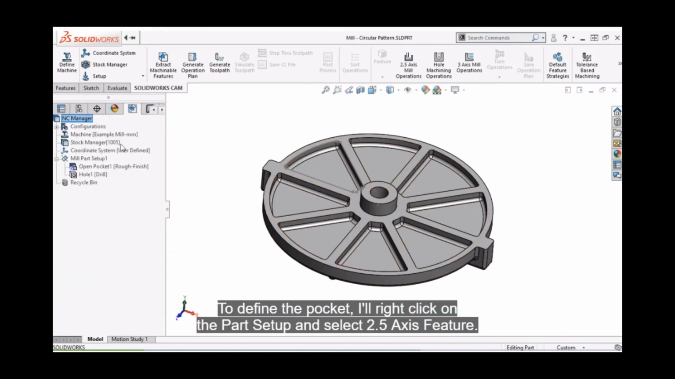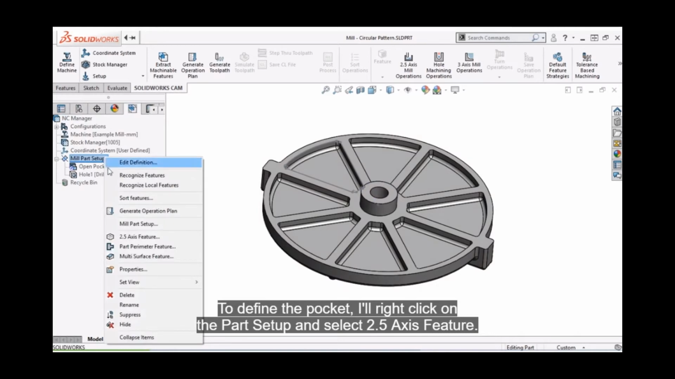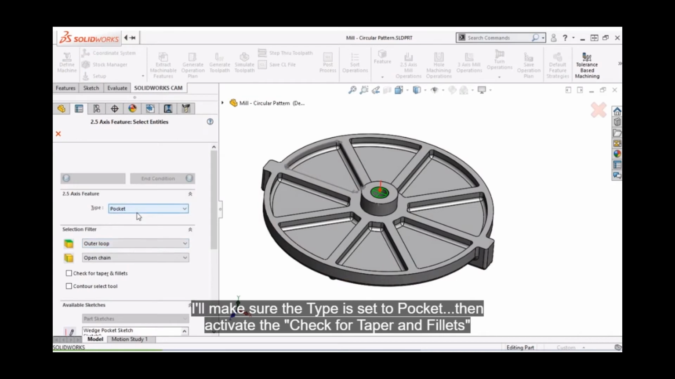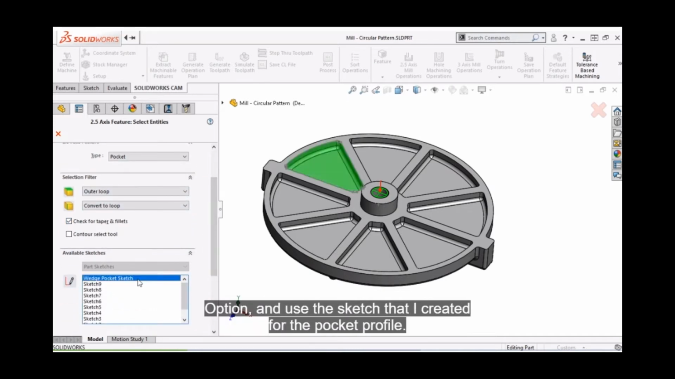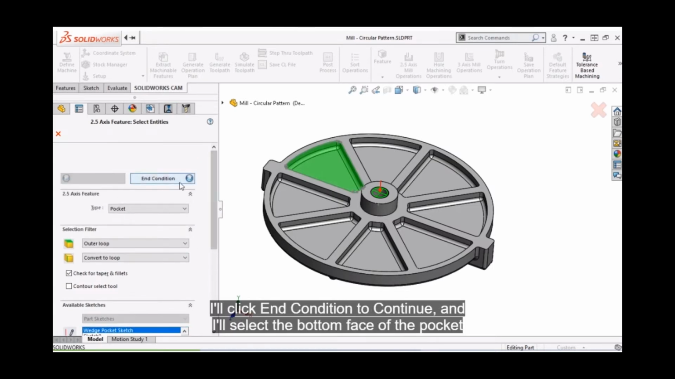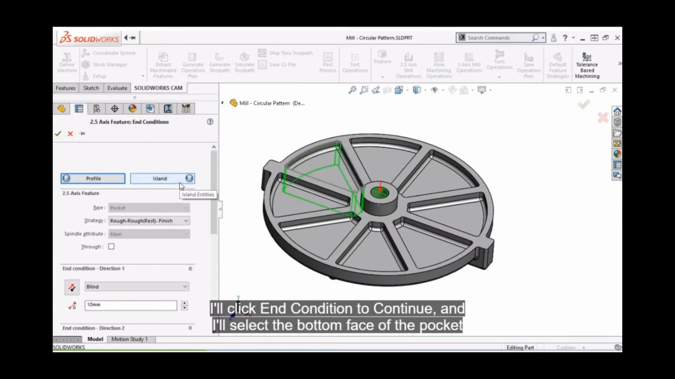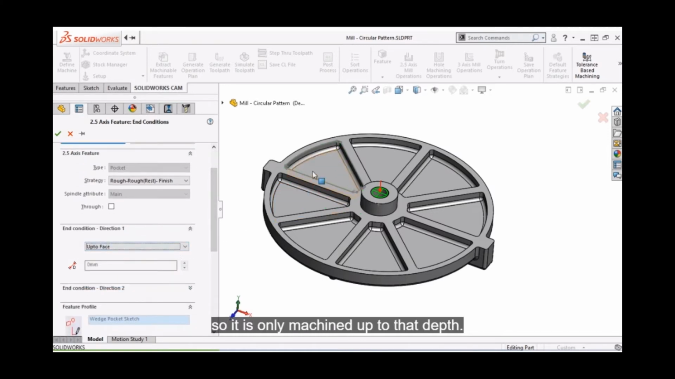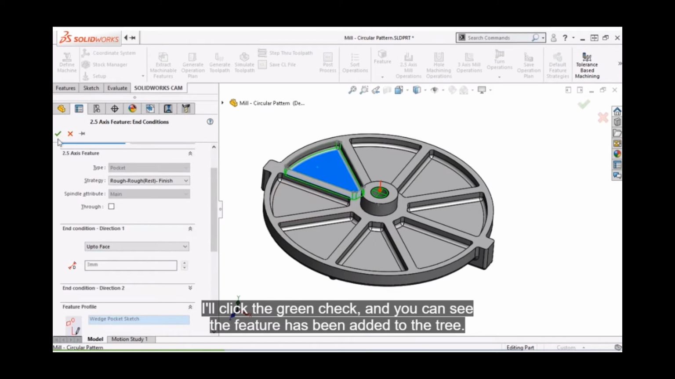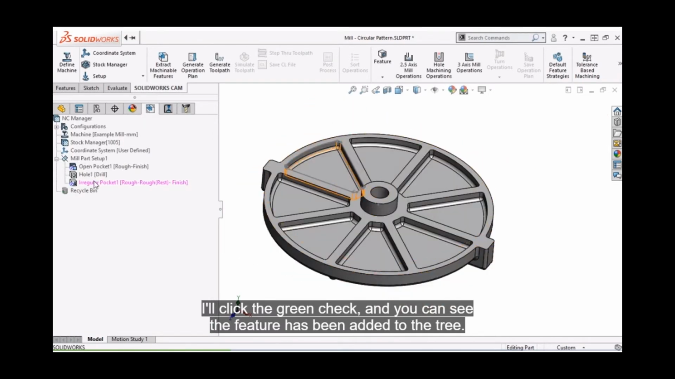To define the pocket, I'll right-click on the part setup and select 2.5 axis feature. I'll make sure the type is set to pocket, then activate the check for taper and fillets option, and use the sketch that I created for the pocket profile. I'll click End Condition to continue, and I'll select the bottom face of the pocket so it is only machined up to that depth. I'll click the green check, and you can see the feature has been added to the